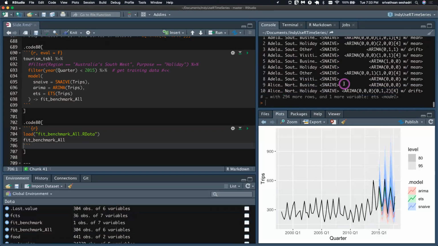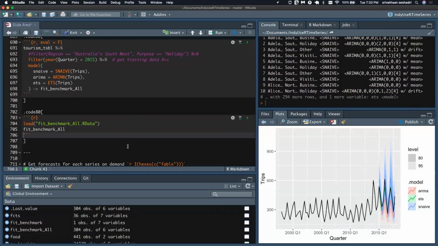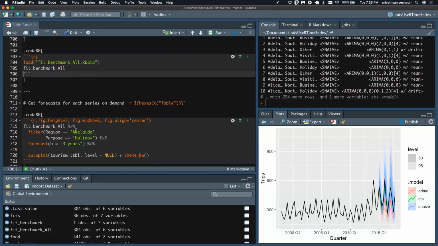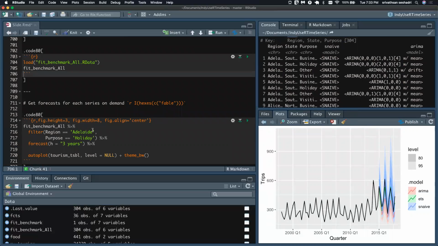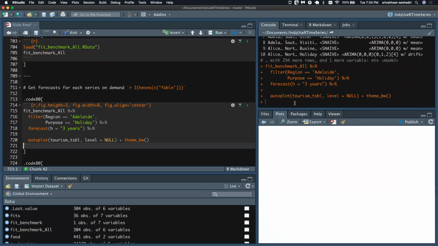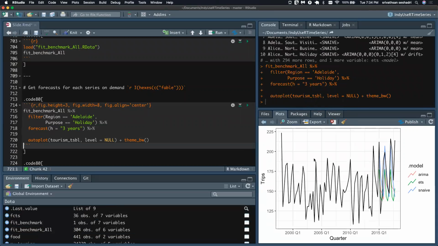It fit everything. Now you can query whatever model that you require based on your other key columns like region, purpose, and then make a forecast. That's what makes it super awesome. I love it.